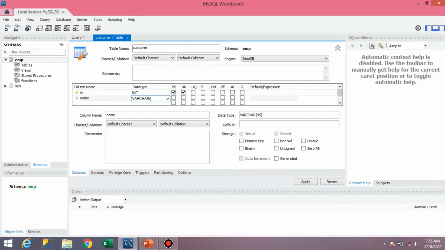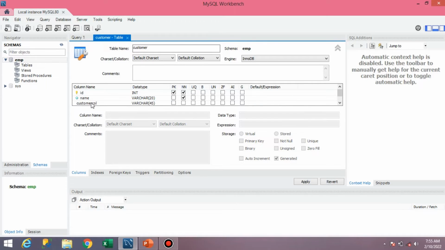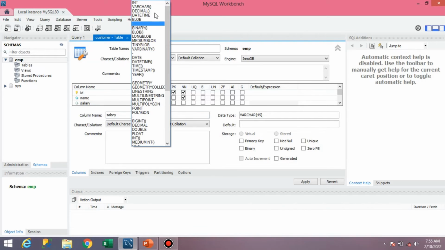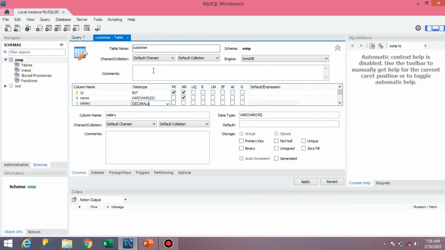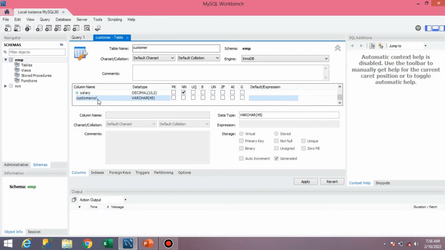I'll make this not null, and I will add third column salary, and I'll make this decimal of 10,2 and make this not null,